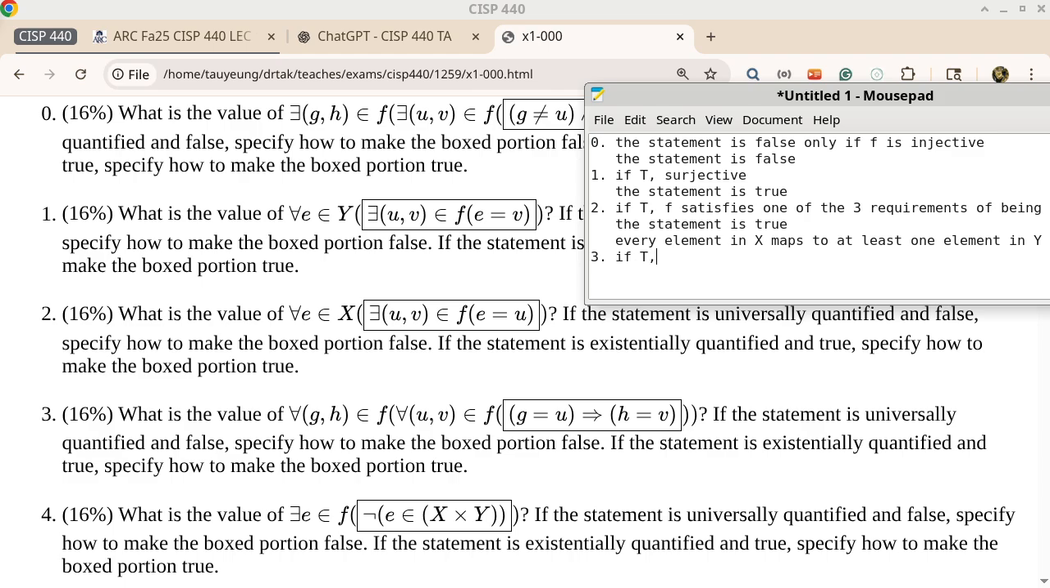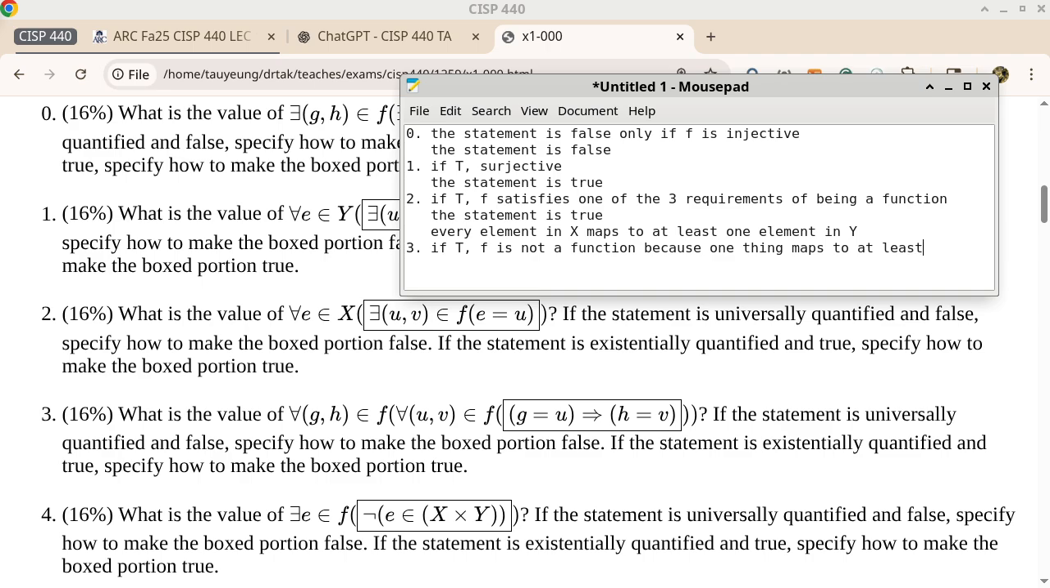So we say if true, f is not a function because one thing maps to at least